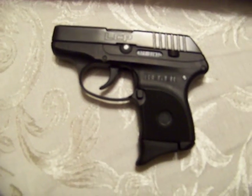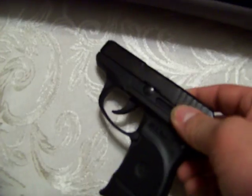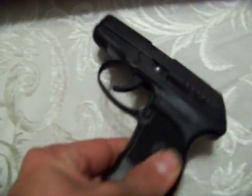Gun weighs about 9 ounces empty, still under a pound full, less than an inch wide. I don't know all the specs, but great gun. Very, very comfortable. I keep it in an inside the waistband holster. I have no complaints whatsoever for this. So we'll put this over to the side and move on to